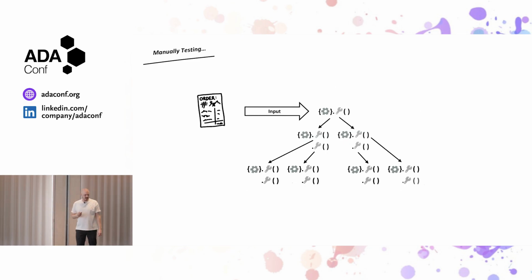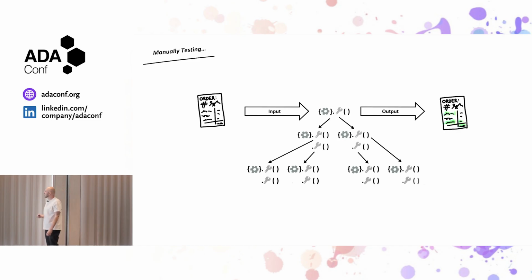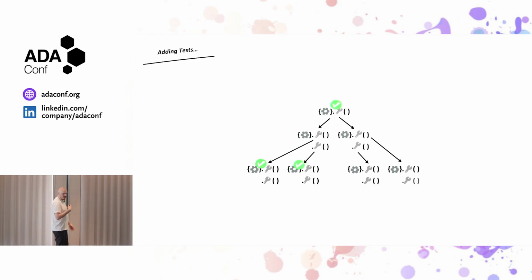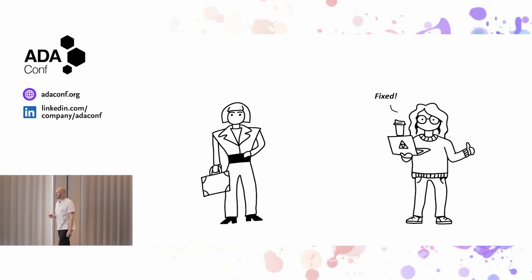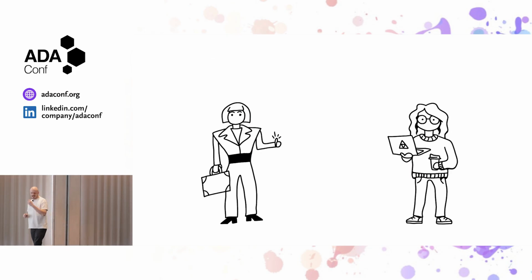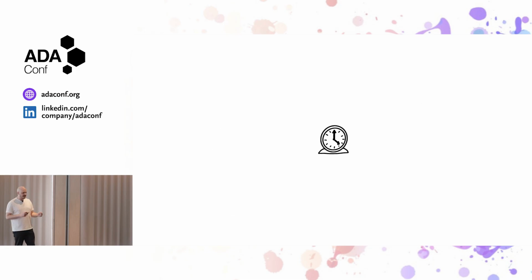So we do some more manual testing, which takes a little bit longer, because we've got more scenarios to keep in mind now, and then we're going to add a few more unit tests, which take a bit longer because things are getting complex, and that middle section there is fairly abstract now. And that's also true for the code review. It's going to take a little more time, but eventually it goes through. We tell the boss it's fixed. We deploy it, and they're happy, and